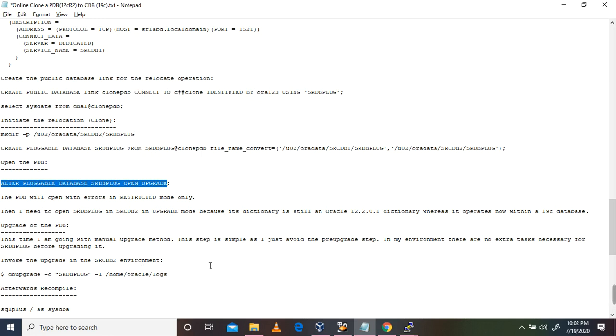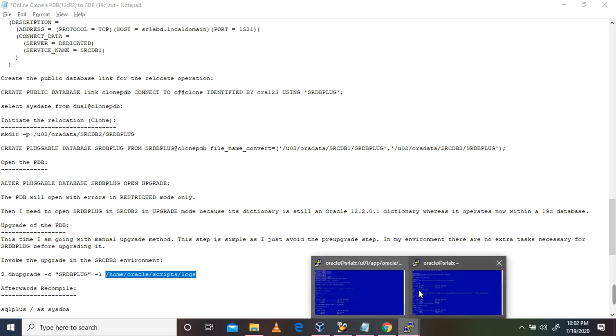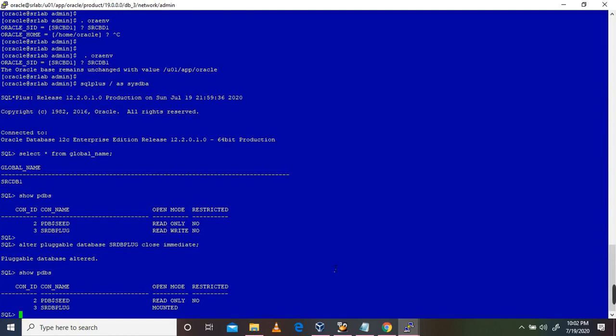Before that, I need to create this location. Logs will be stored in this location, and I will create it here.